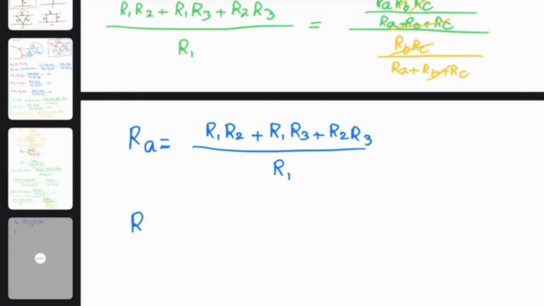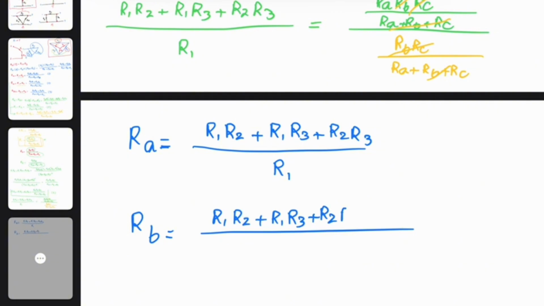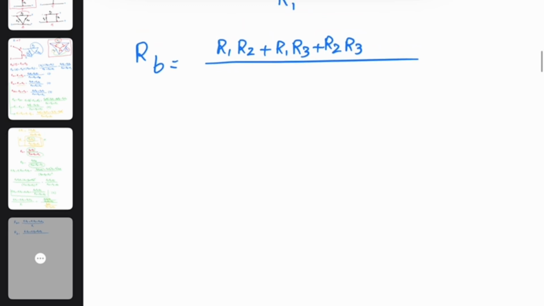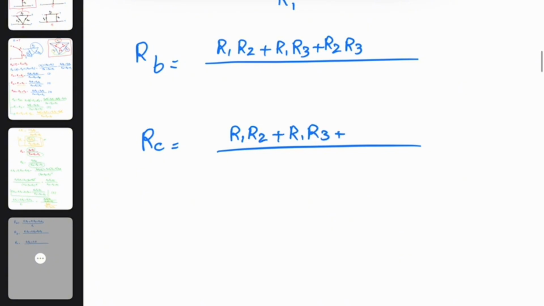If I want to find Rb, also I will have R1 R2 plus R1 R3 plus R2 R3. And for Rc also I will have the same thing in the numerator, R1 R2 plus R1 R3 plus R2 R3 over